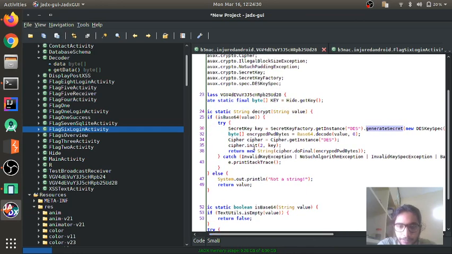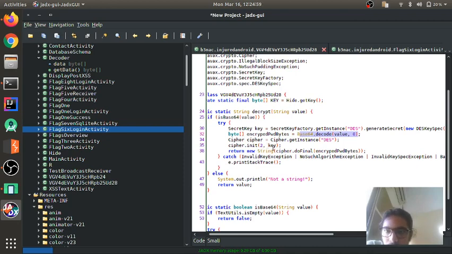But anyway, byte encrypted password bytes equals base64 decode value. So we're essentially using DES to decrypt something. Base64 decode, and then